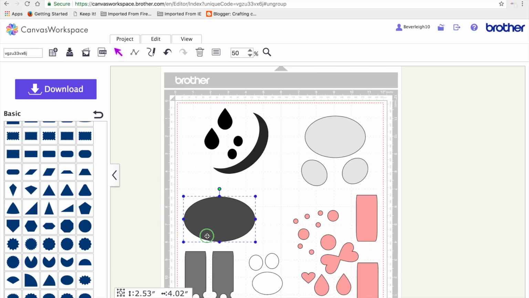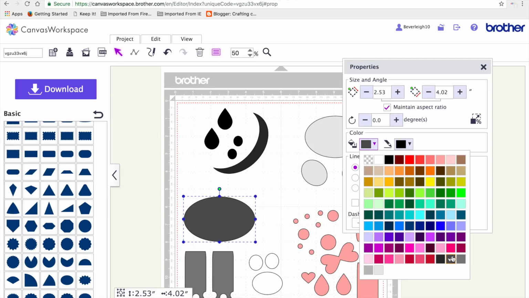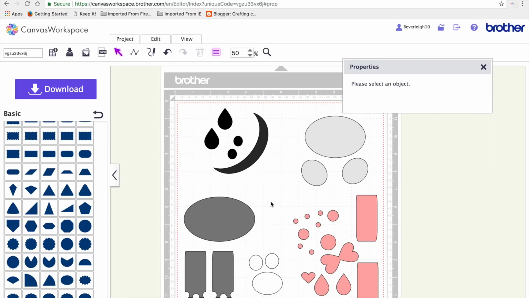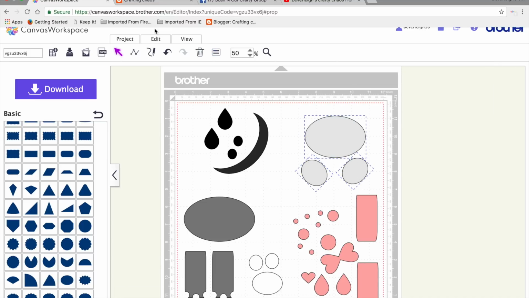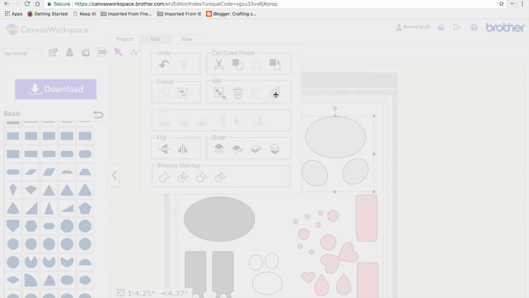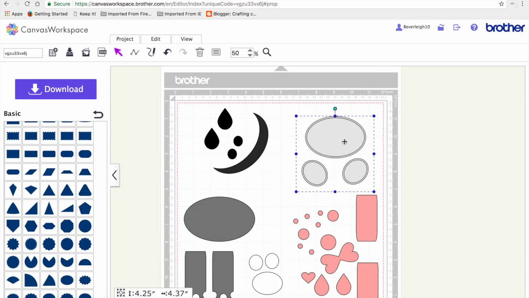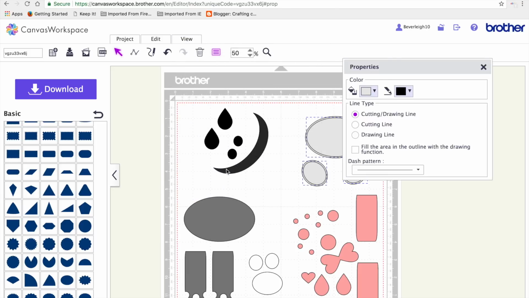Okay, now I'm going to add some faux stitching. To do that, I'm just going to make sure all the colours are the right shade to match the ones we're doing. So you would select all the colours in the group that you want the faux stitching on, go on to the add and offset line function, make it inward and round, and then say OK. You then click, and with your shift key on your keyboard, click onto the other inside parts that you've just created